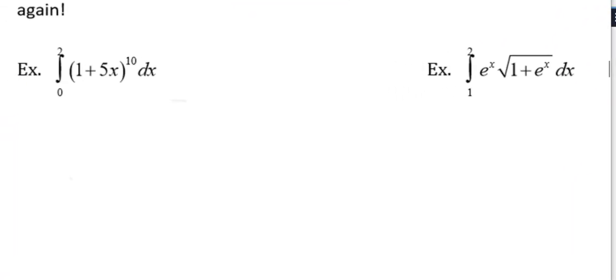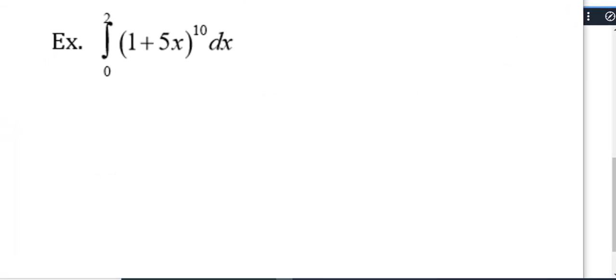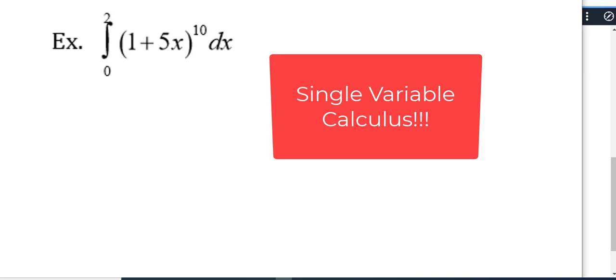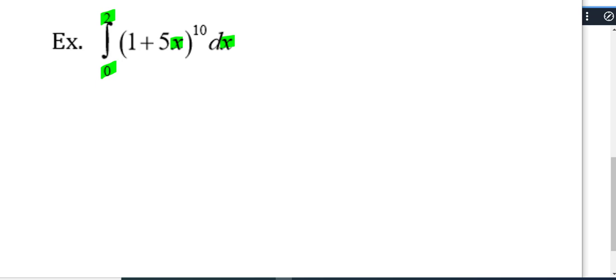With definite integrals, we do have to be really careful about the fact that we are in single variable calculus for all of Calc 1 and Calc 2. So we have to make sure that if our bounds are 0 to 2, our function is in terms of x. That was the derivative in terms of x, so I'm going to anti-differentiate in terms of x. All of those pieces sort of match. Once we change to u, we will also change our bounds.